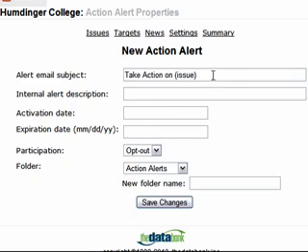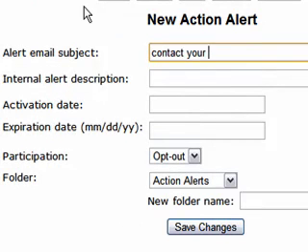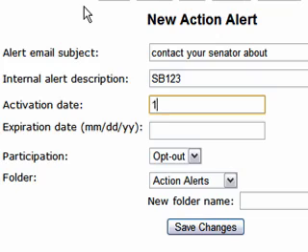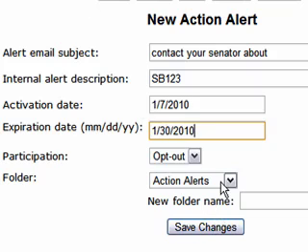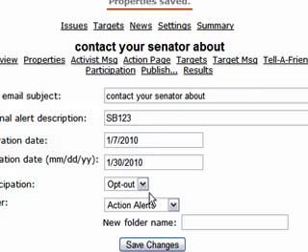Step 1 is to set the properties for the alert. You'll fill in the subject. Then put in an internal alert description and an activation date and an expiration date. Those are the dates between which people will be allowed to take action on this. And you can store this in a folder, then save your changes and move on to step 2, which is